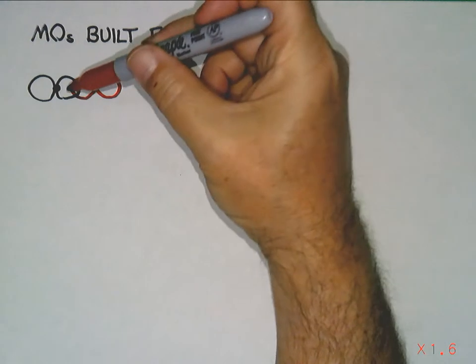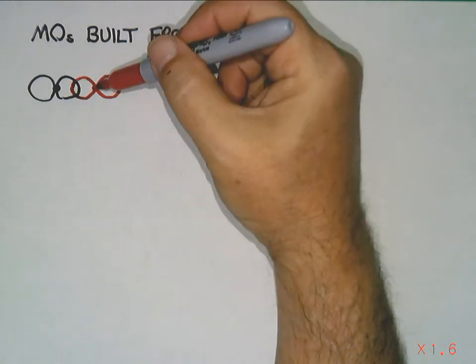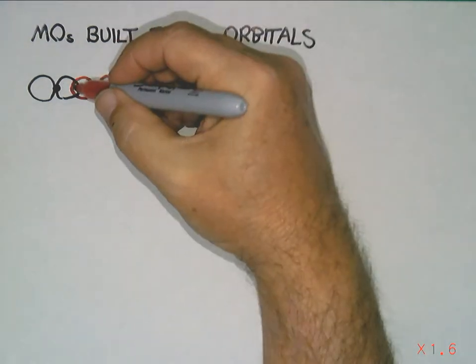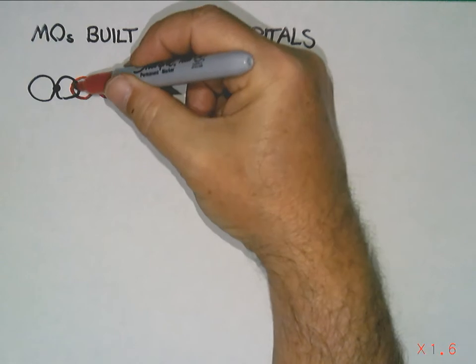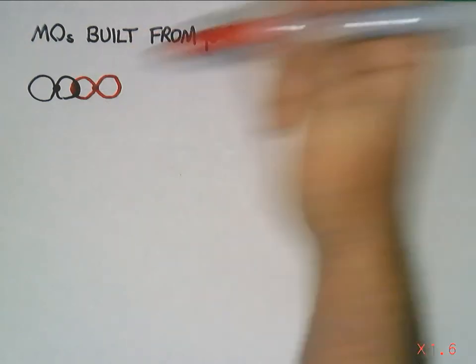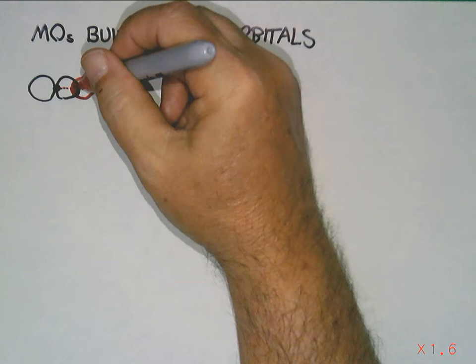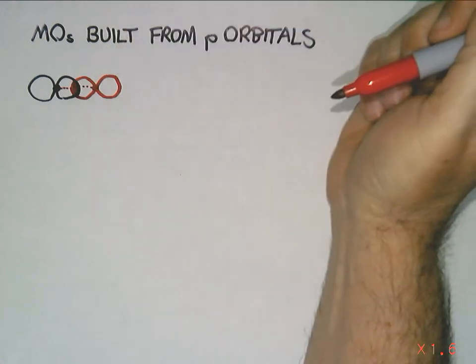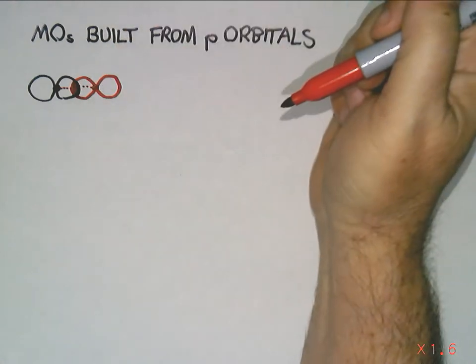Now, you can get a sort of a head-to-tail interference on these. In the valence bond theory, we'd be looking for an intersection between those, and we'd call that a sigma bond because it lies along the bond axis, the imaginary line between these two